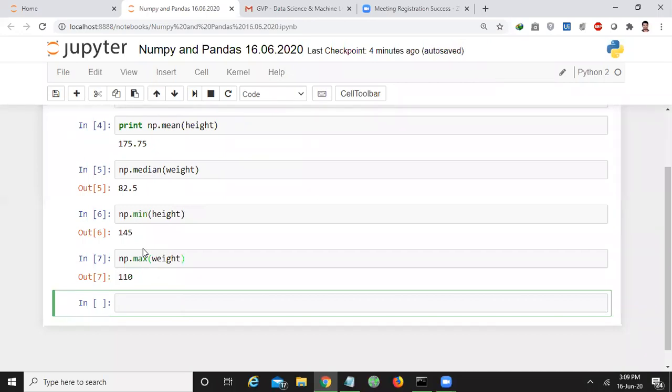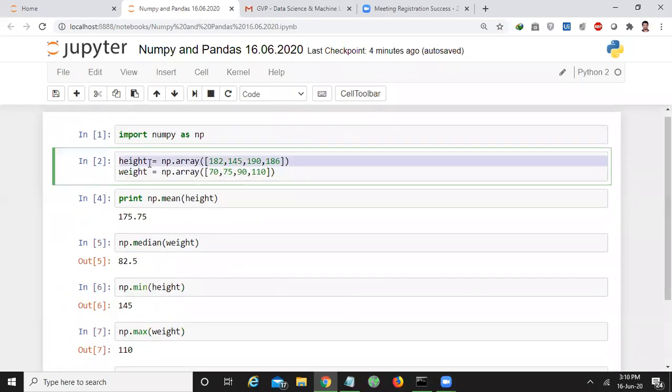For example, if you want to identify the correlation between two different data sets: here, height is one data set and weight is another data set.